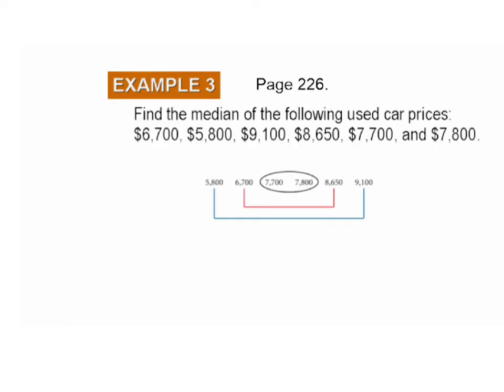Here's example 3. That's on page 226. It says, find the median of the following used car prices. Well, I've shown the graphic from the book that shows how they're all laid out from lowest to highest. So I saved us that time. But now we notice that there are two middle numbers. What do you do when you have that situation? Well, you just add them together and you divide by 2. You find the average of the two middle numbers. If you add these together and you divide by 2, what you get is